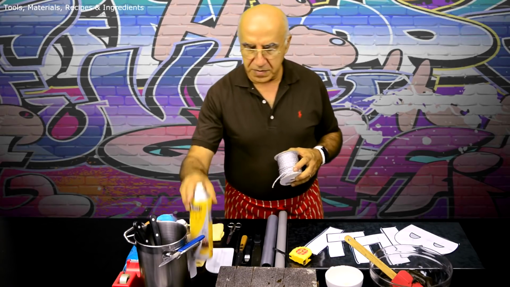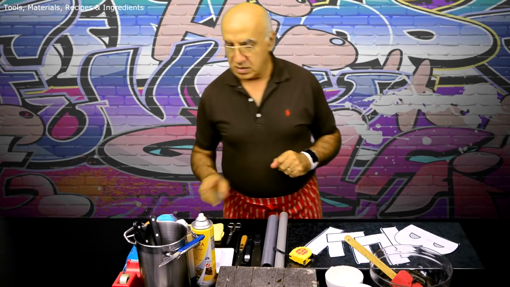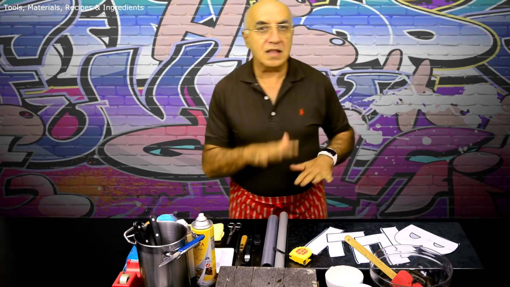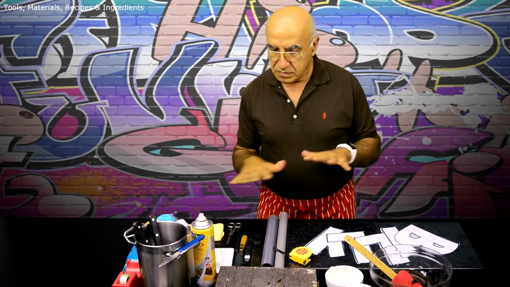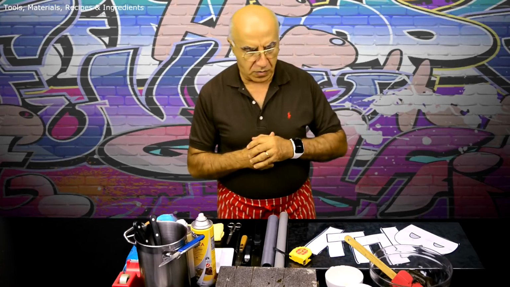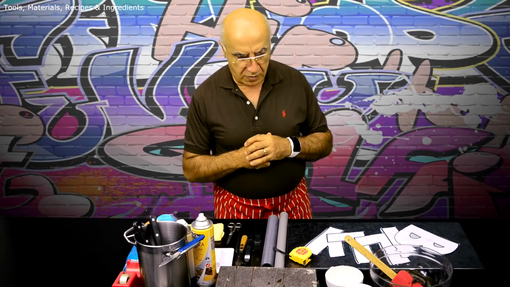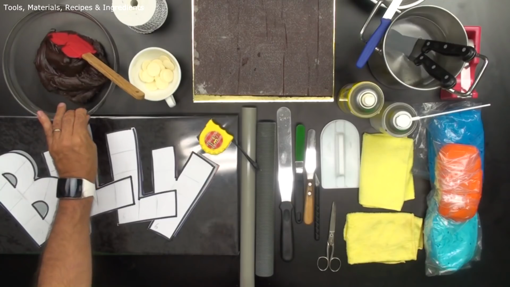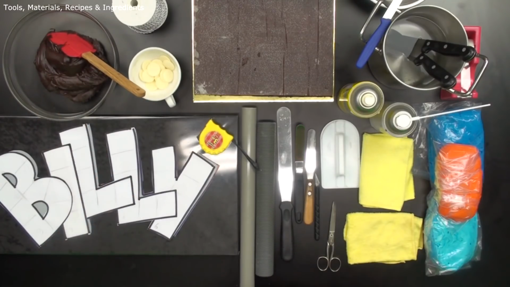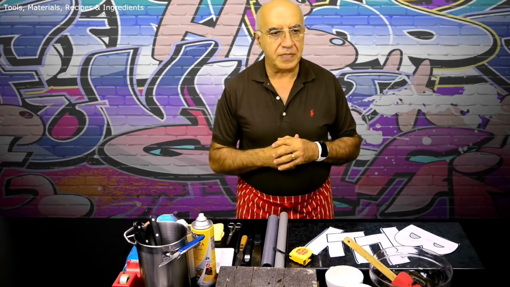Then I have an oil spray. This is also used for gluing the fondant, because I'm going to layer the fondant, so this oil will secure the fondant in place so it doesn't move around anymore. And when it comes to the food items, I have a ganache in a glass bowl, because sometimes I like to put it in the microwave to make it soft again. Then I have